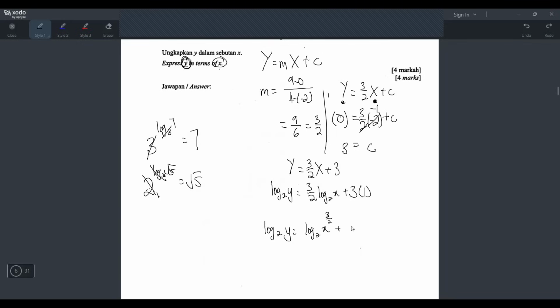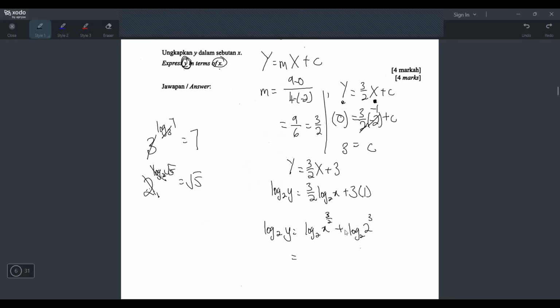So I can actually write 3 as 3 log 2 2, because 3 log 2 2 is also 3, because log 2 2 is 1. Then I will do the same thing with this 3: I will bring it up and it becomes the power. It means it will become log 2 power 3, and now I can combine into a single log, because they are separate logs,